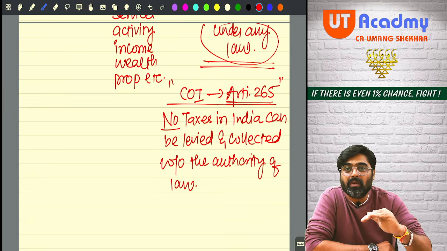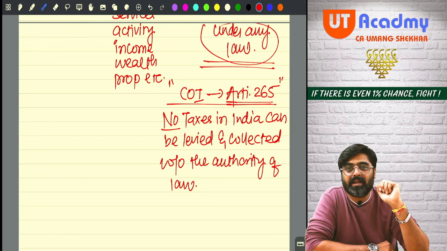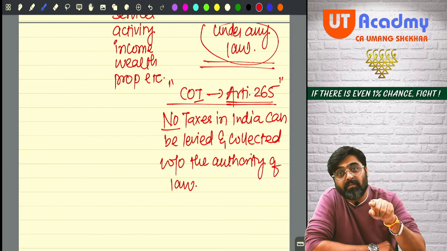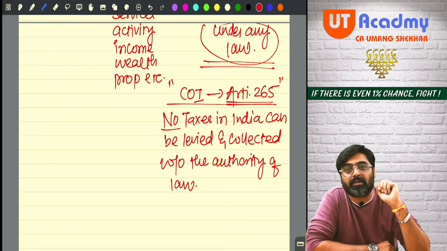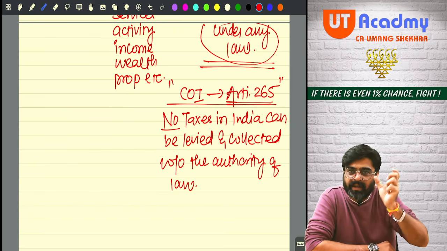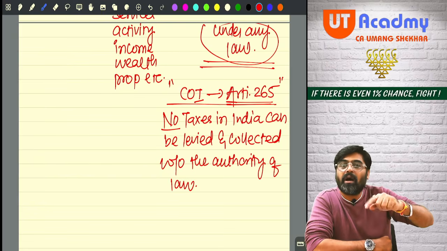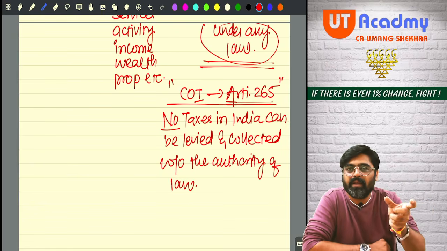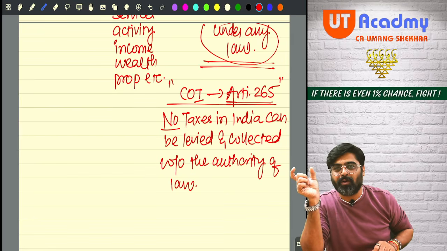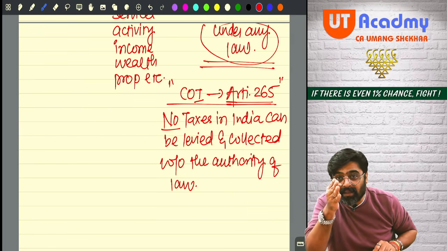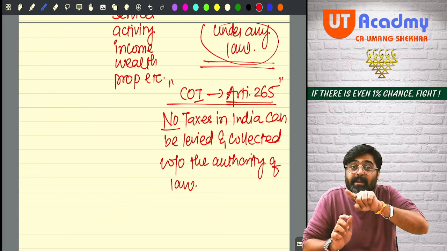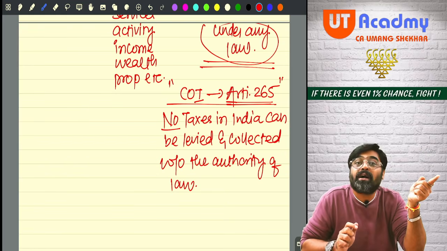What will the wholesaler do? He will sell the same product to the retailer, for example, for 1500 rupees. At that time, the wholesaler will be liable to pay 10% tax to the government. So he will do a simple thing. He will make a bill, value of the goods 1500 plus 10% tax amounting to 150, total bill 1650. Out of that, 1500 he keeps with himself. Out of the 150, the 100 he has already paid, he will take the credit. How much remaining? 50. That 50 he will pay to the government. But ultimately the entire 150 burden is passed on to the retailer.